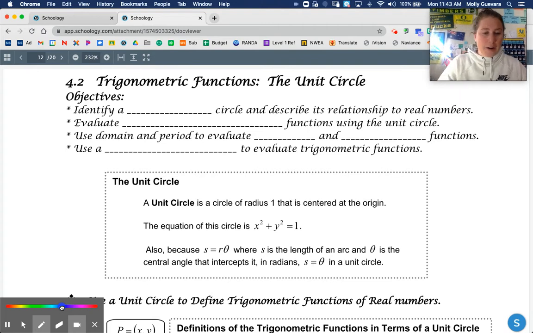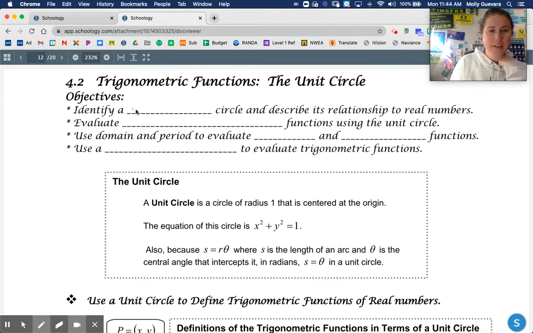So we have 4 objectives today. The first objective is to identify a unit circle and describe its relationship to real numbers. Then we're going to evaluate trigonometric,